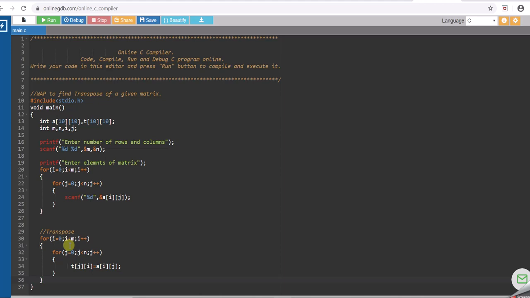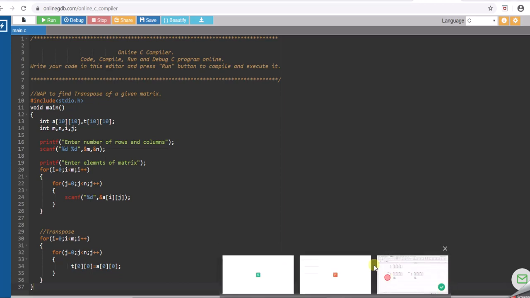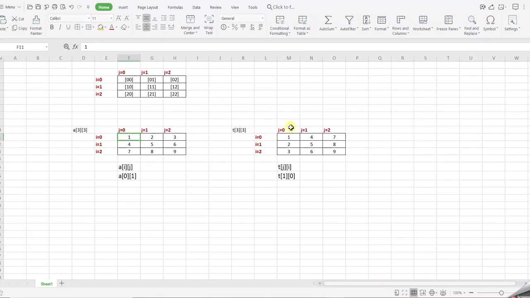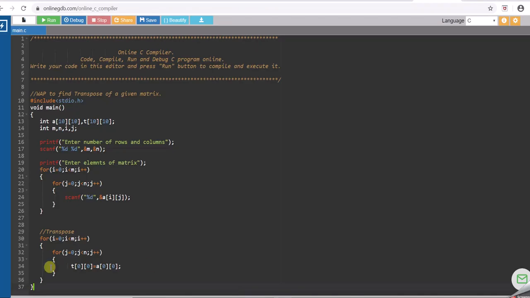If you want to see the execution, look at this. If you start with i equals 0 and j equals 0, that means over here you are accessing the value of A of 0, 0 location and putting it at T of 0, 0. That means A of 0, 0 का value access करके उसको T of 0, 0 में डाल दिया है. Now, after this, your loop, ये जो inner for loop है j वाला, it will increment, your j will become 1, right?